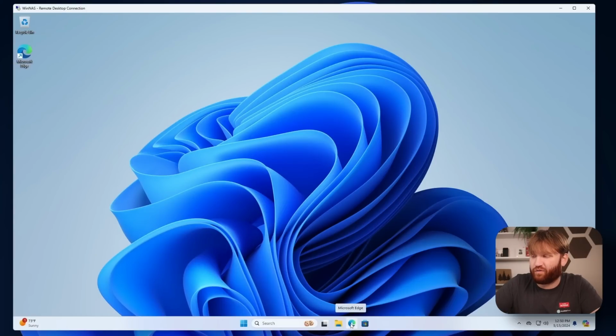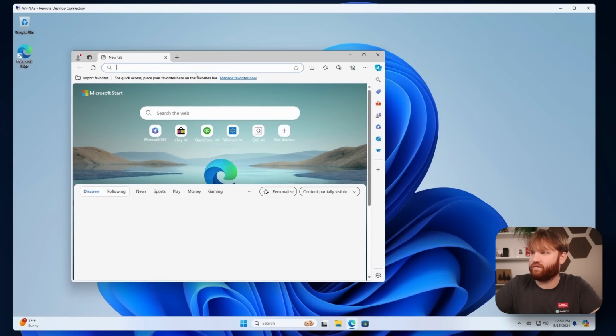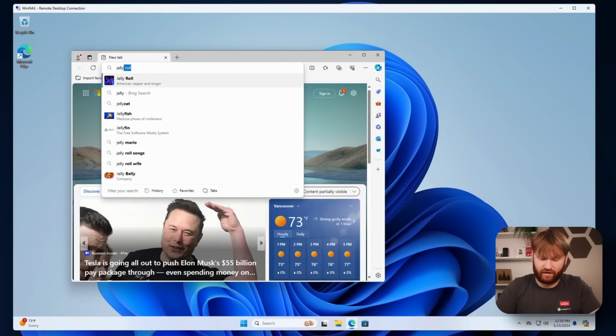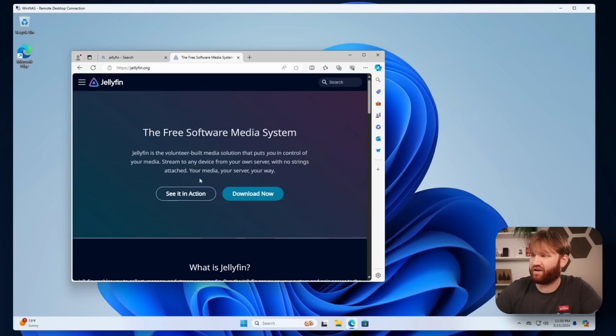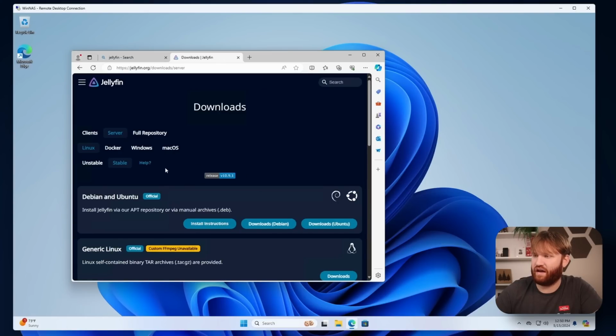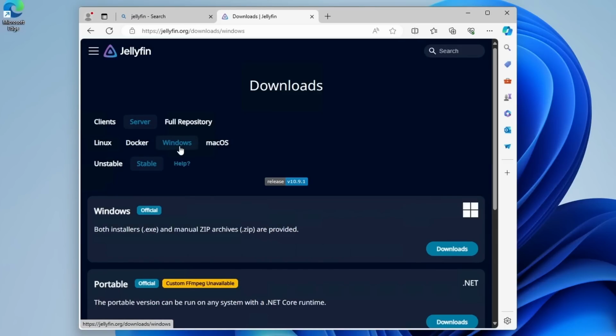One of the beautiful things about having a network attached storage, beyond its intended purpose, is to be able to run various services and other software on it. Now, for a lot of really popular applications, you don't even necessarily need to use Docker. For example, I'm going to do Jellyfin. This is what I'm going to be spinning up, but just for the record, if you just go download now, you have a version specifically for Windows here.